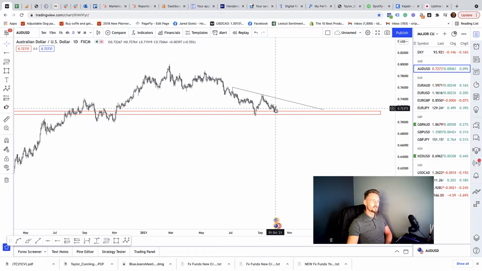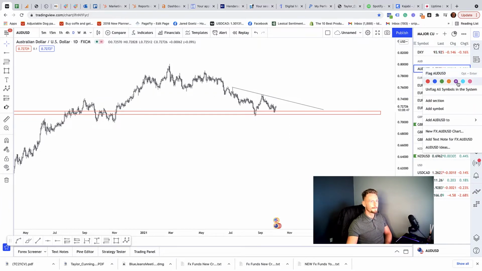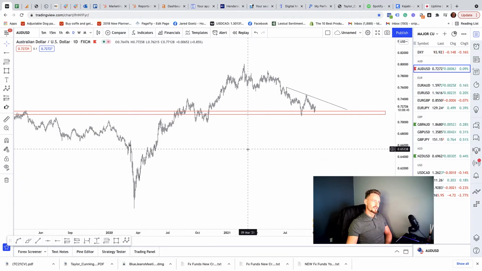You can see that we are struggling to really push away, so we might actually come back down to retest this area of support and maybe perhaps break below. So I will keep this on the watch list right now. Just with the dollar index, the way it's shaping up, I do think it's still going to be bullish, and I do think that